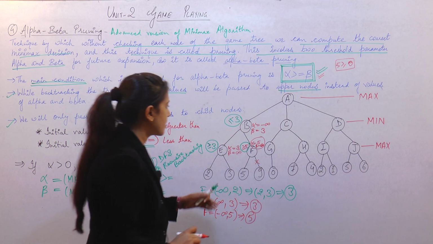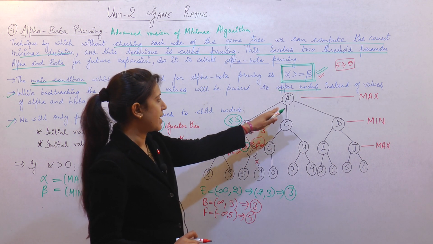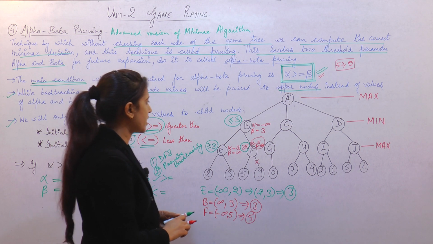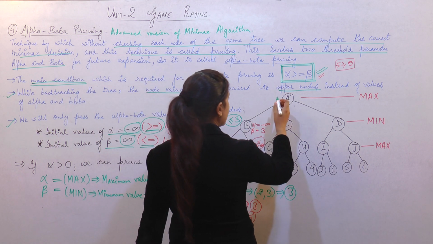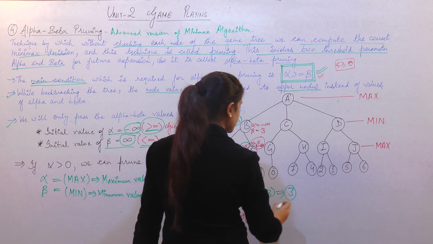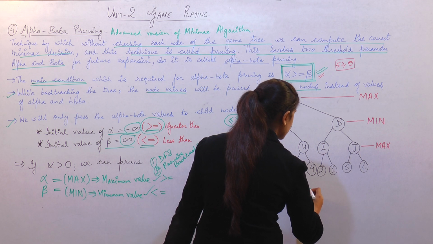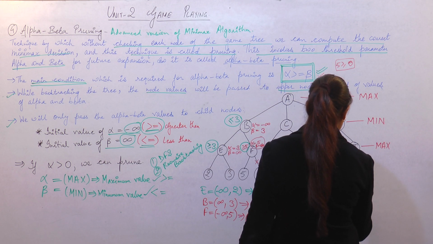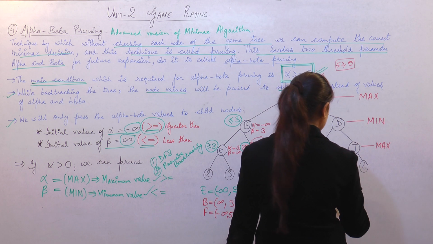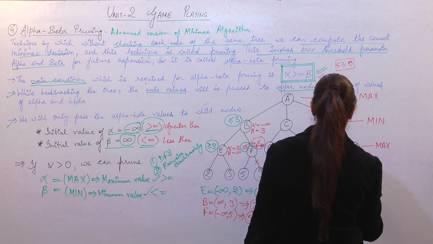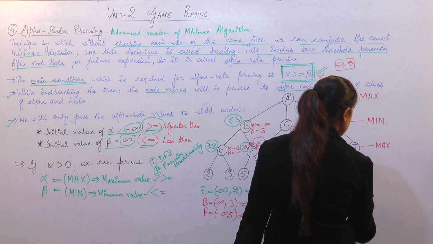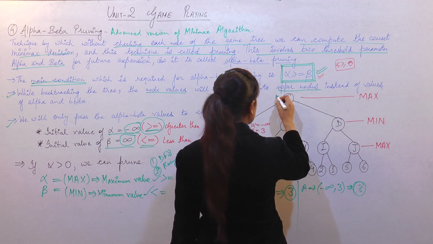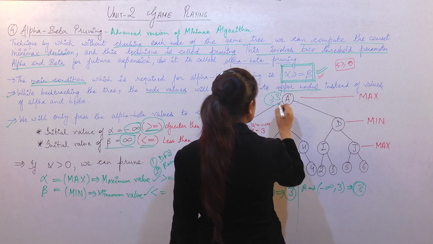Then after B we will backtrack to node A. So for calculating the value at node A, we are having value 3. That means for node A, we are having initial value minus infinite because max is playing, and the value available is 3. Among these two, 3 is the maximum value, so 3 will be the value at node A with the greater than equals to symbol.